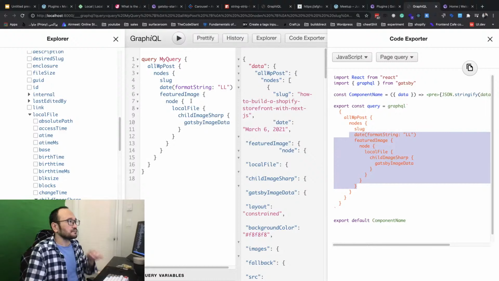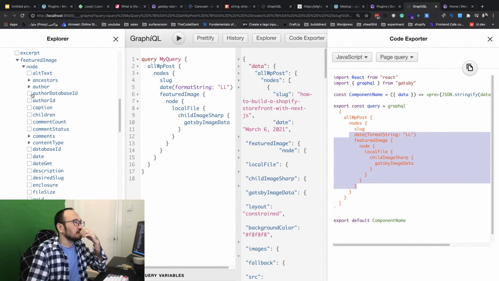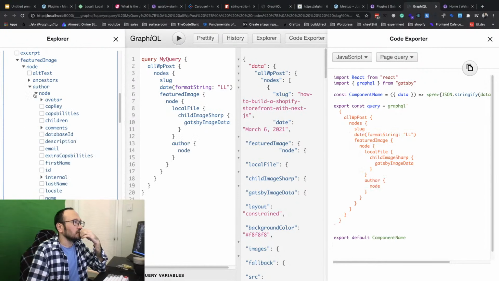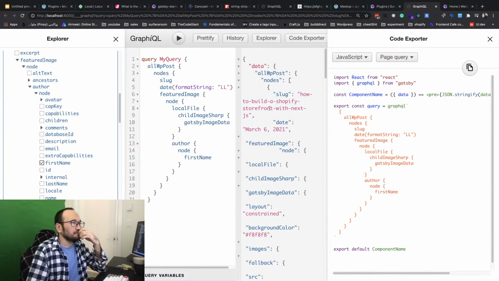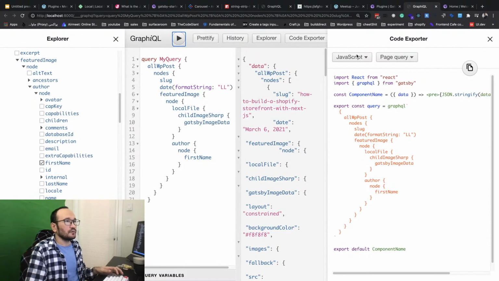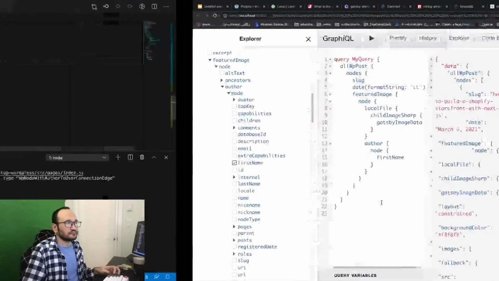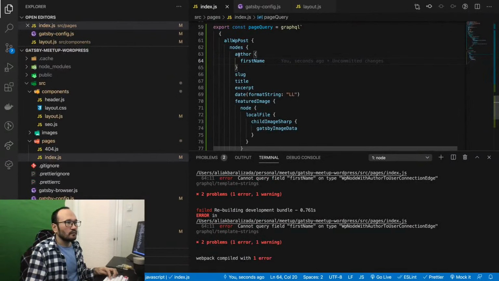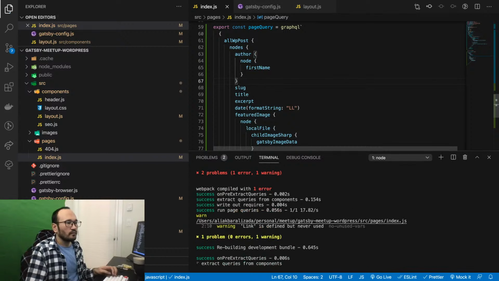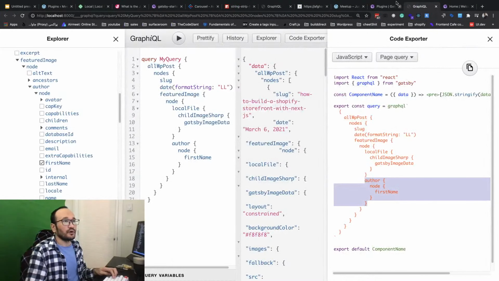So let's see, author node and first name. Okay, so if I go to code explorer, I got author. Okay, so let's see what we got.